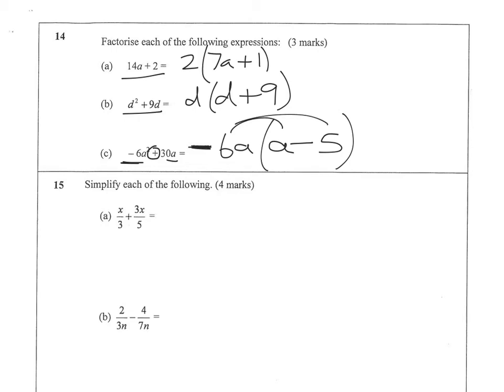Okay, simplify the following fractions. Now, with any fractions, you can always check it on your calculator by just using the numbers. So we have 1 over 3 plus 3 over 5 will get you the answer, but you've just got to substitute an x in the top. But without the calculator,